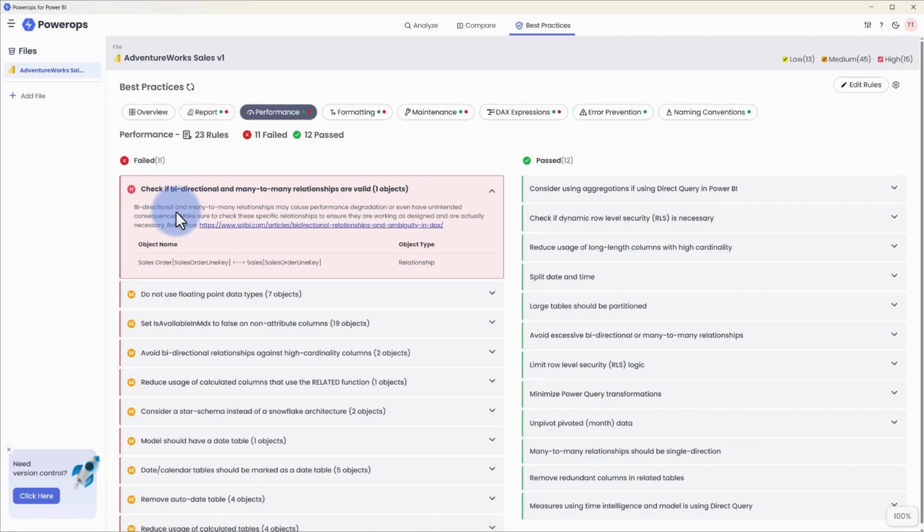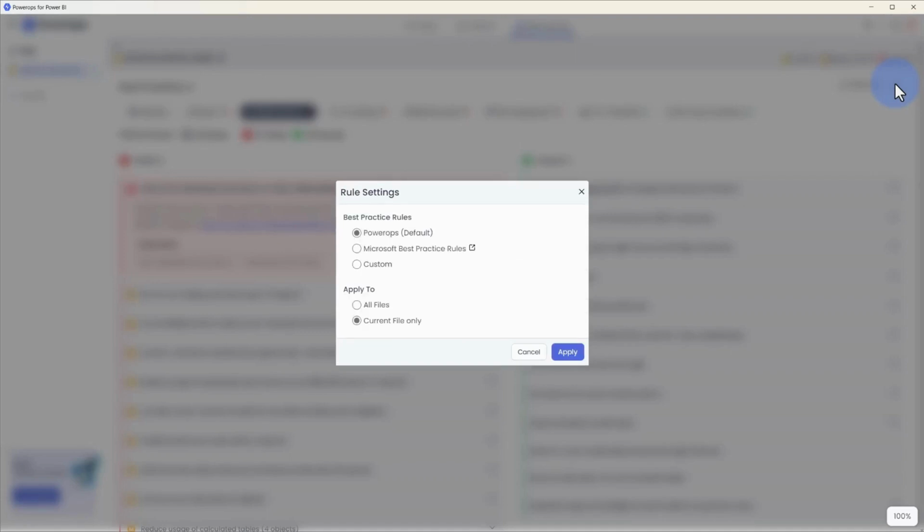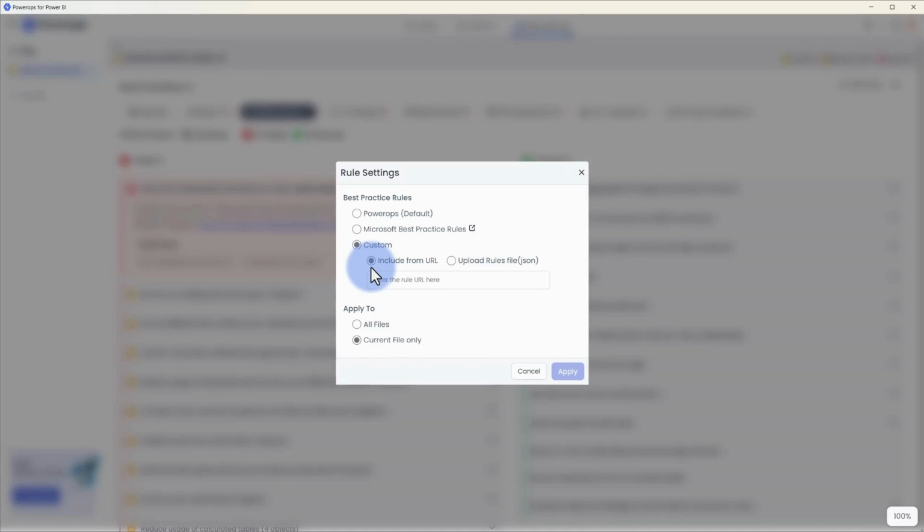Now, Powerops comes with a rule set out of the box, but a couple of options are available for you to customize this. If we come up to the upper right and select the gear icon, we will see that there's an option for best practice rules, where the Powerops default is included. You can also use the Microsoft best practices rules, which also includes a link that will open up a web page for further information. But we also have an option down at the bottom for custom, which allows you